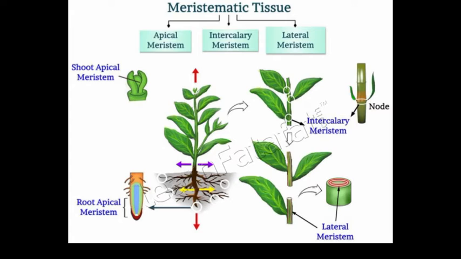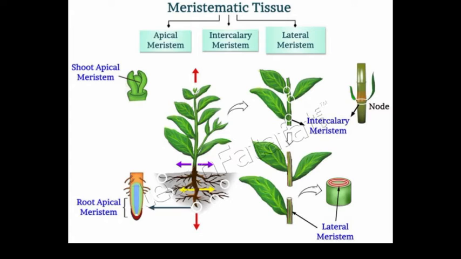Now, permanent tissue. Permanent tissues are composed of those cells which have lost their capability to divide. As we said, meristematic tissue has the capability to divide. In permanent tissue, the capability of division is stopped. They do not have the capability to divide. So they have definite shape, size and thickness, and they are either dead or living cells.